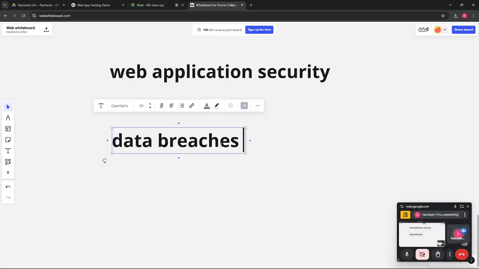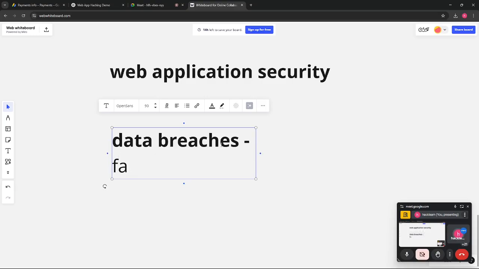Okay. So first of all, web application security very much matters because there can be data breaches. It can expose personal data and financial reports. After that, if it happens, then there can be financial loss. So at the end, everything is regarding finance. If there is any data loss of any company,